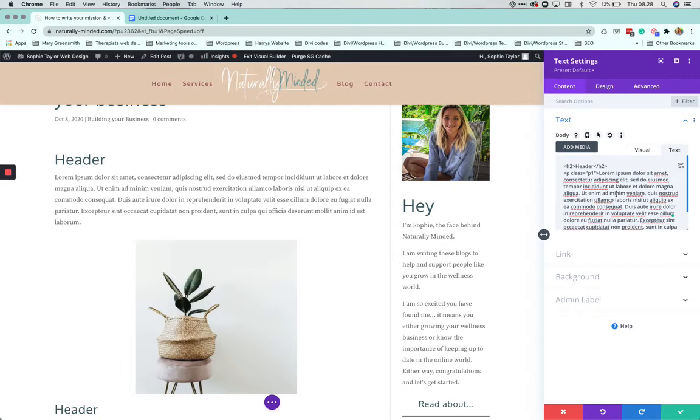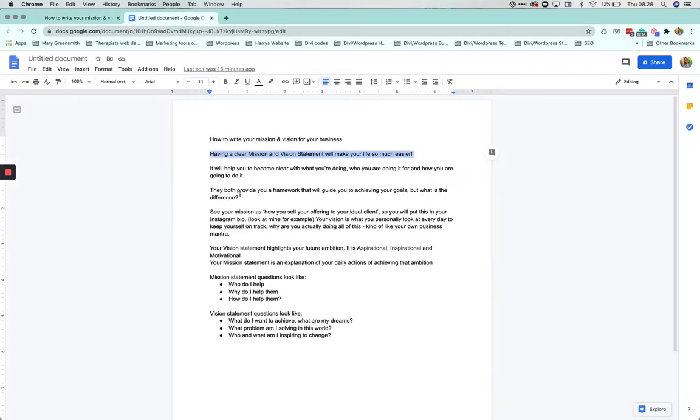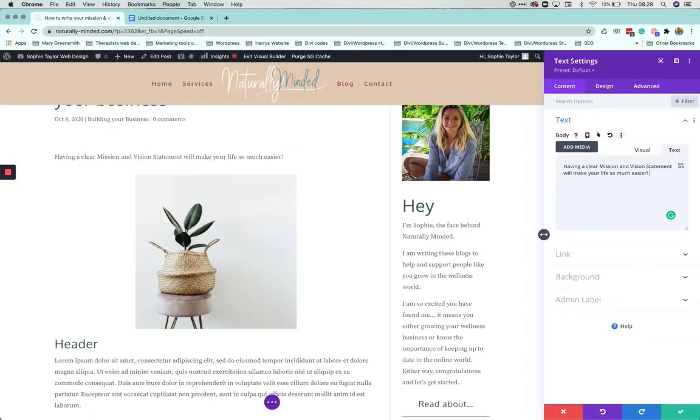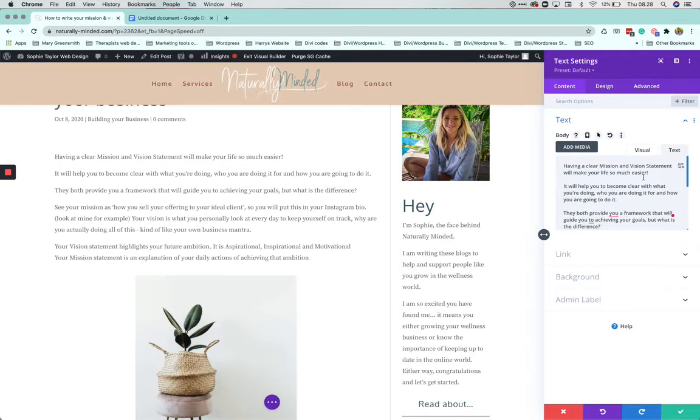So I'm going to get rid of all of that text, and then I'm going to write that in. Actually, I will just write in a whole bunch of text. There you go. And then once you've pasted it in there, you want to flick over to the visual side,